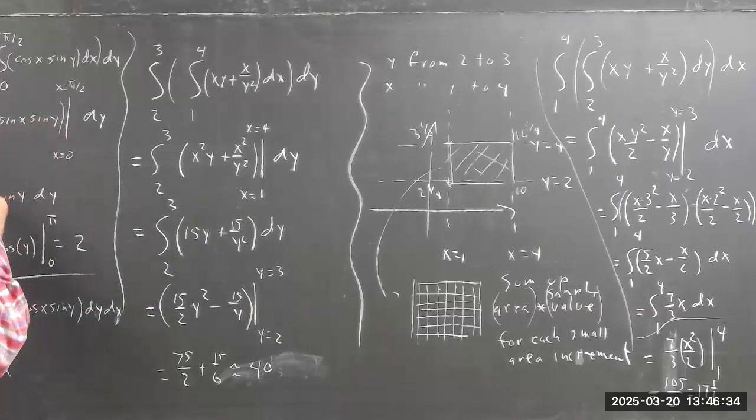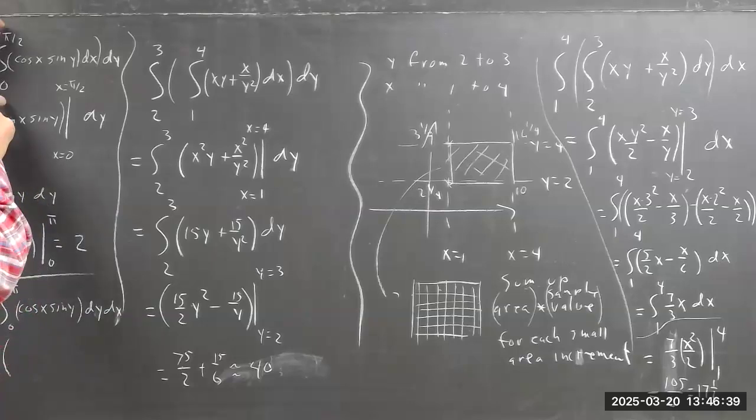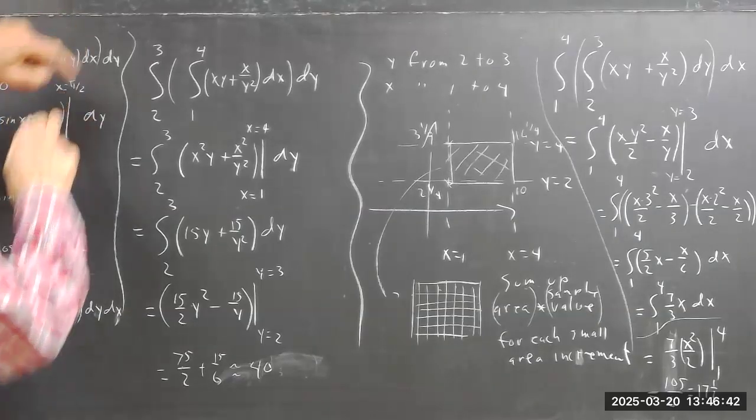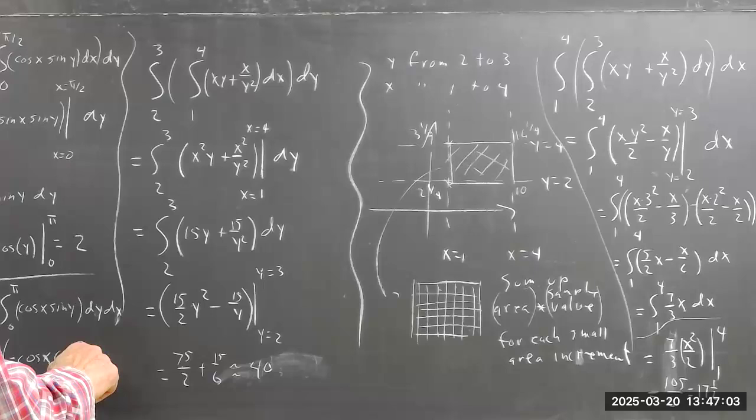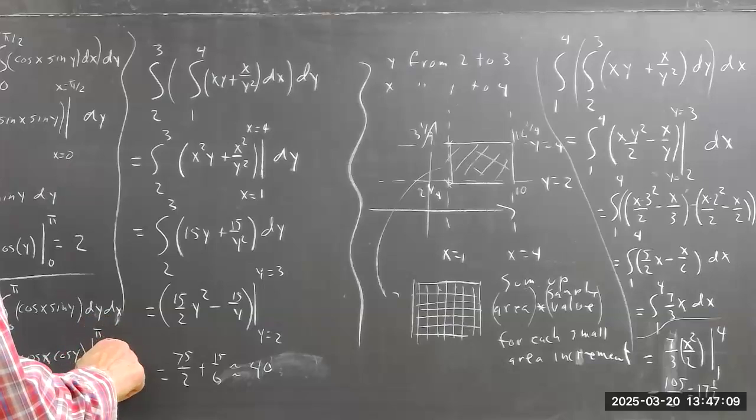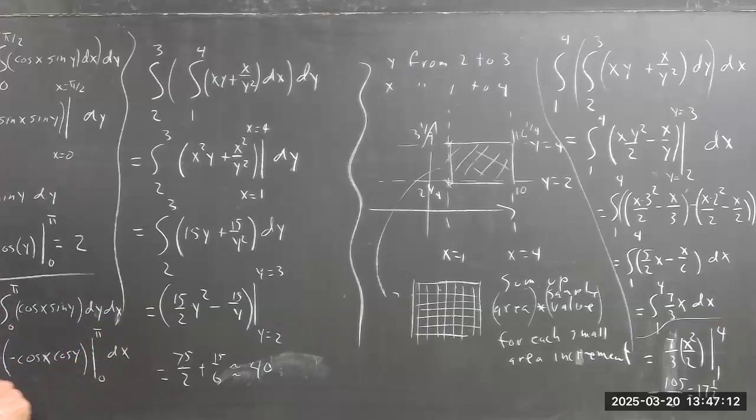Now my limits 0 to pi are with respect to y, and my limits 0 and pi over 2 are with respect to x. So x goes 0 to pi over 2. Okay, so now I integrate with respect to y, I get negative cosine x cosine y evaluated between 0 and pi. Then with respect to x,